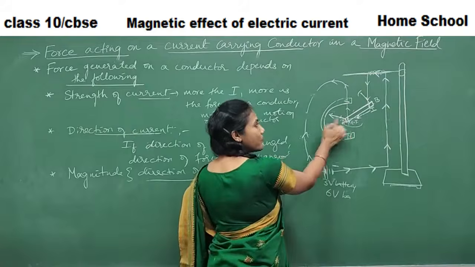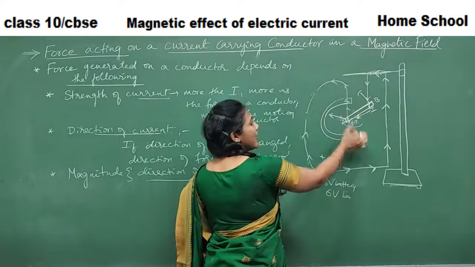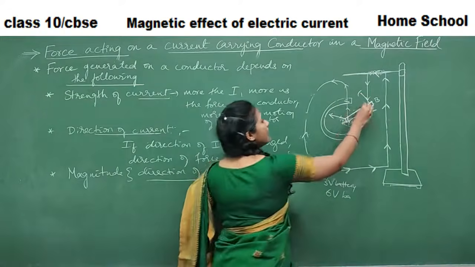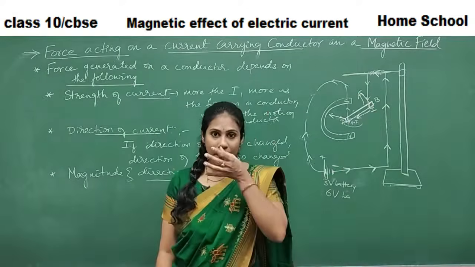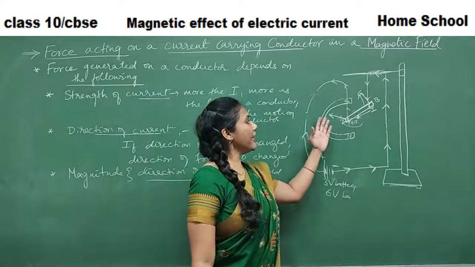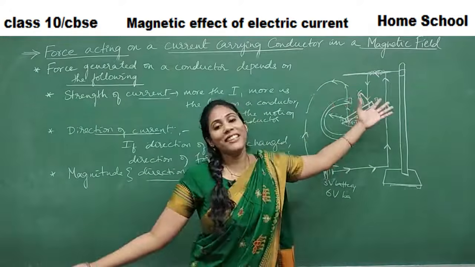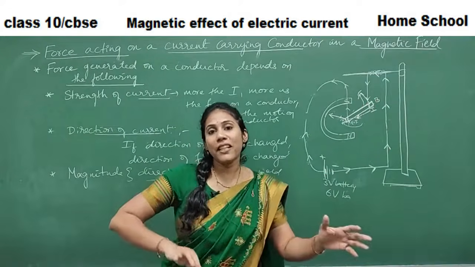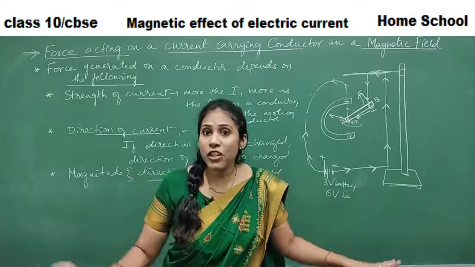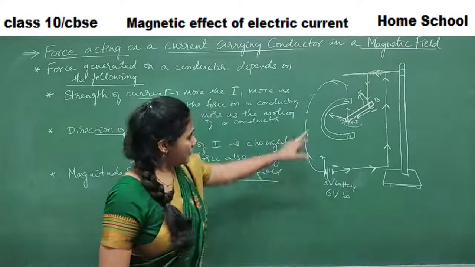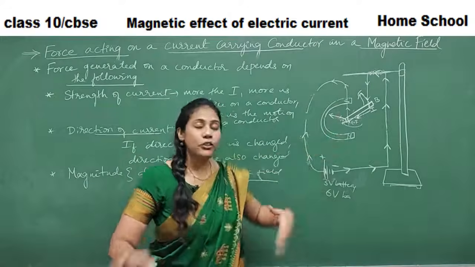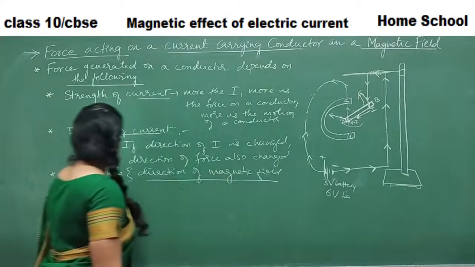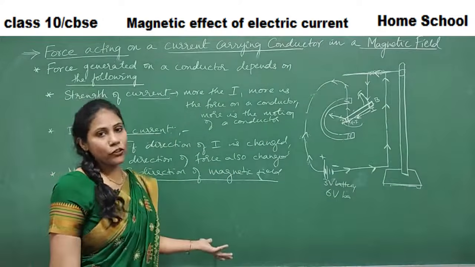Previously, it has moved to the left side. Now when I change the poles, I'll keep north, south here. And now the movement is different, guys. The movement may be to the right side. Clear, everybody? Previously it moved to the left. The moment I change the poles, you would find the movement on the right side. Just like with current, when you change the direction of current, the direction of force also changes, no? In the same way, when you change the direction of magnetic field, the direction of force also will change. Say this is the third factor on which magnetic force depends.